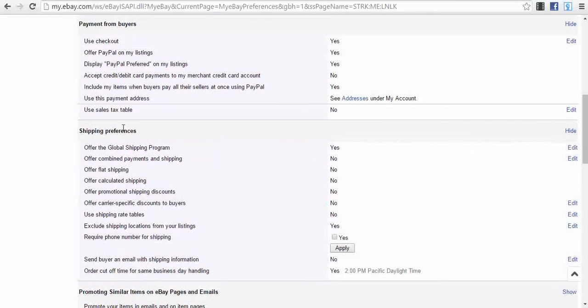What is very important here is the option to offer the global shipping program. You should change this option to yes, because in the beginning by default it's set on no. What does this mean? You will have a lot of buyers for your products that are from other countries than the United States. You won't be able to drop ship directly from Amazon, or from a local store, to them.